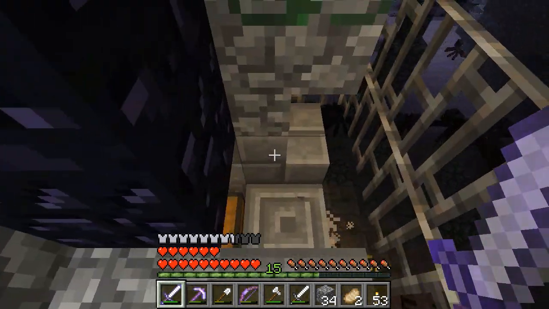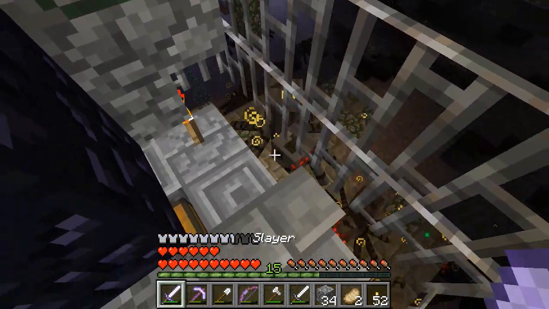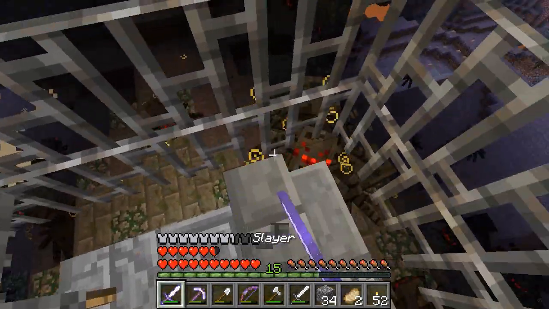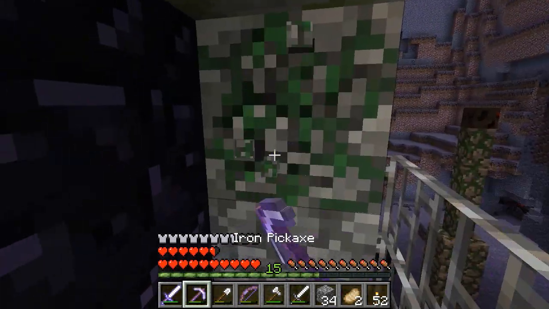Alright, go away, silverfish. There we go. Okay, there's the chest. And where is the other spawner? Oh gosh. Okay, spiders, spiders, spiders. Oh, ouch. Okay, so they can get me there, and I did just take some damage. Okay, there's a ton of spiders here. There's a chest here. Where is the spawner? It's probably...